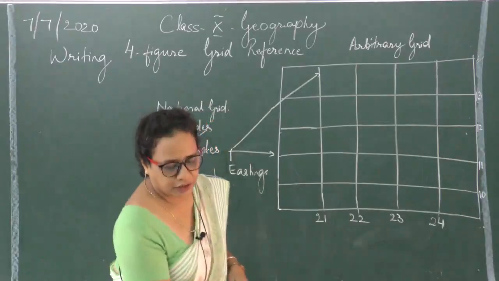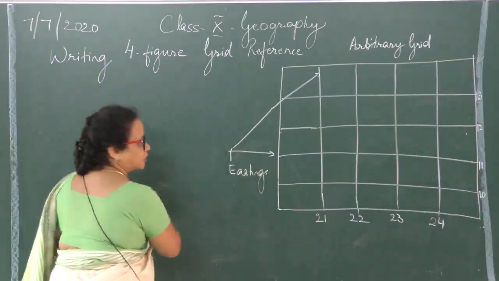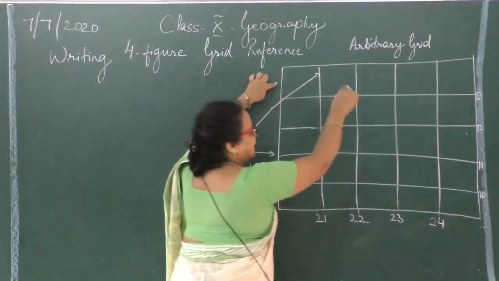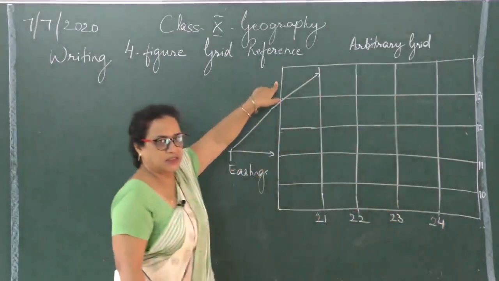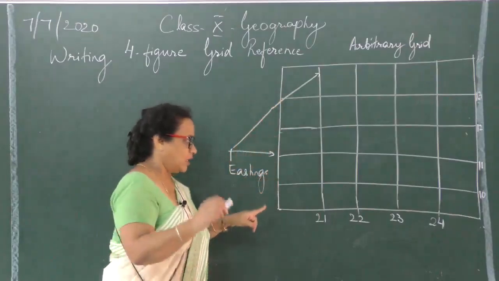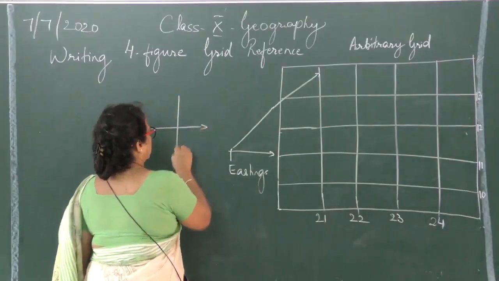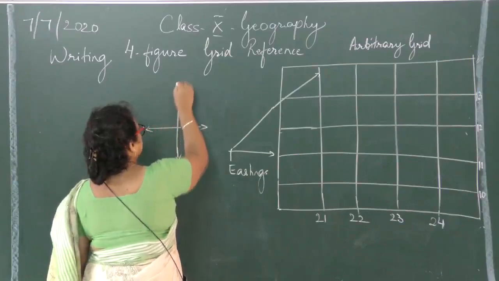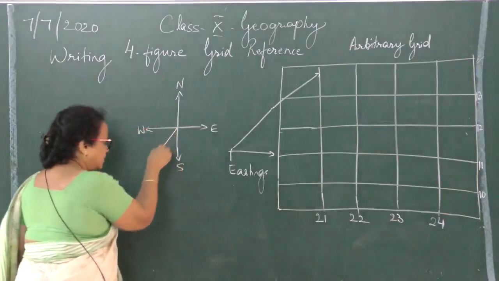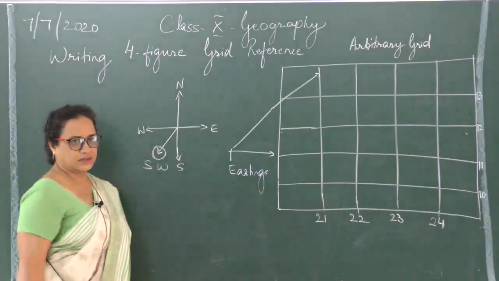I repeat, please look at the diagrams, and the explanation is there in the textbook also, but please pay attention to what I am showing you on the board. All the vertical lines are called eastings. Clear? Why they have been given this name, you should be knowing. Now, we come back to the compass which I taught you about, the cardinal points of the compass. You have your north, south, east, west. Clear? This side here is the point which is important for us. This is your southwest. Clear?